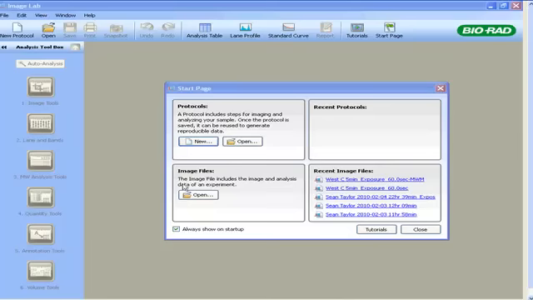So if we look at the software itself and we look at the start page, so this clearly looks much different than Quantity 1 software. When you open the software, you get a nice start page here, which allows you to drive the instruments that the software currently runs, which is as I mentioned, the XR Plus and the XRS Plus. Along the left side of the work area, you have all the imaging analysis tools. So let's start by running an instrument. So if we click on New Protocols here,